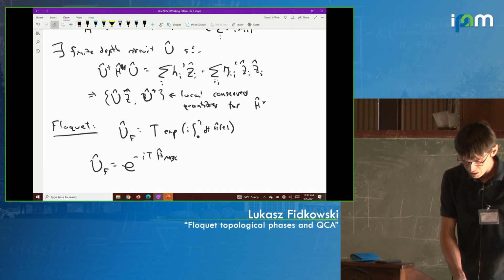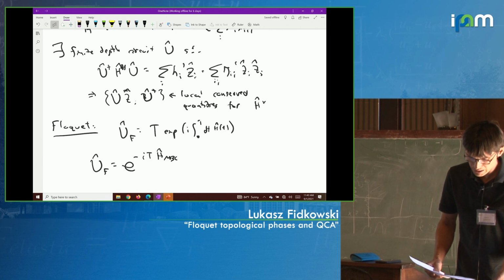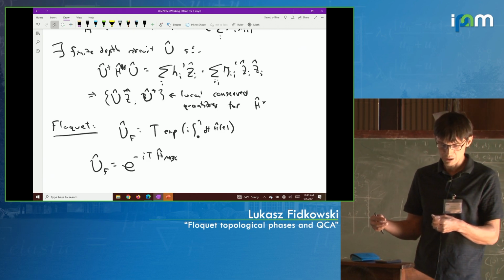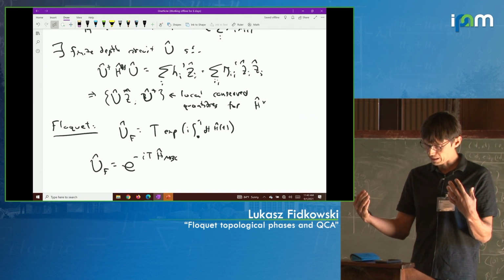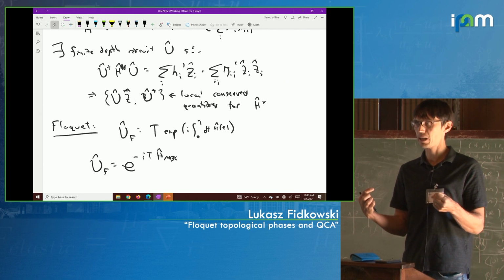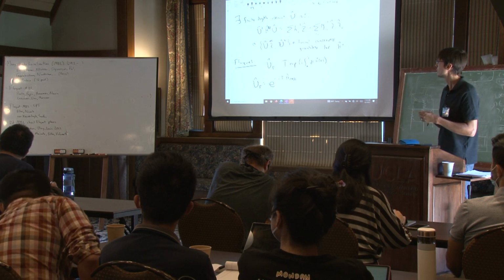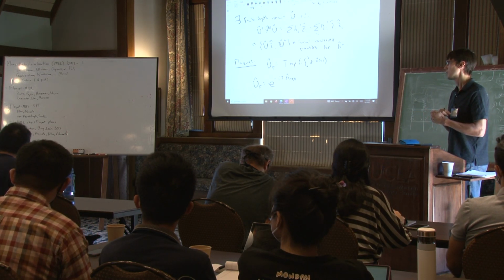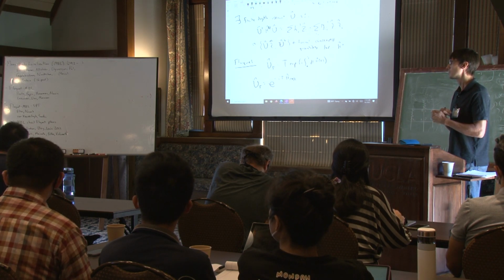So that's a lot of technicalities. Let me step back again and tell you about how this relates to the problems that I set out initially. So I just wanted to ask, when you talked about the perturbation, I think you said it had to be strong enough. Did you mean weak enough? Sorry, the disorder has to be strong enough. The perturbation is... The disorder is the xi plus 1 term?